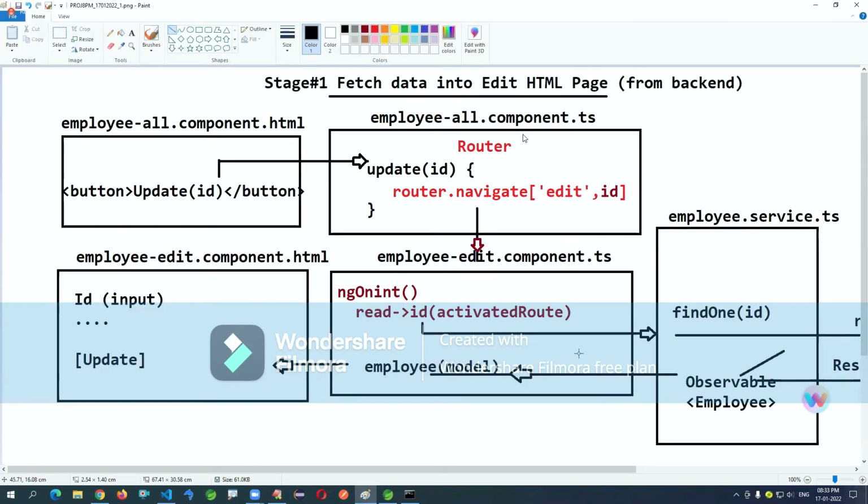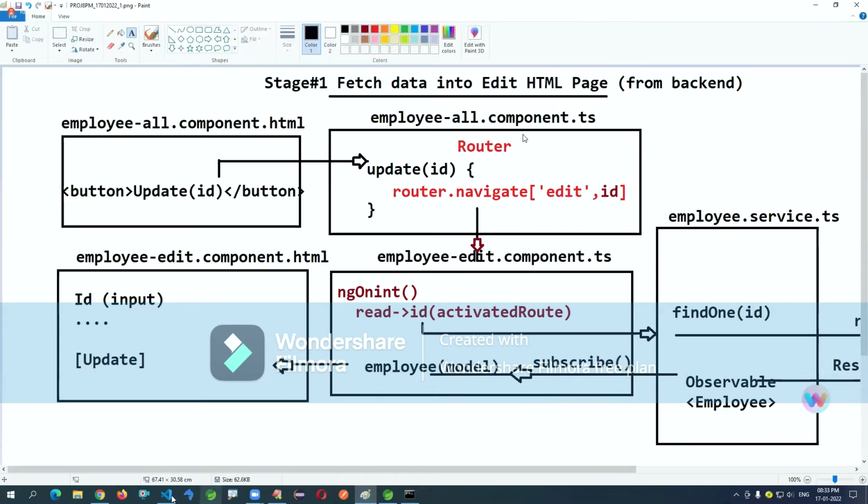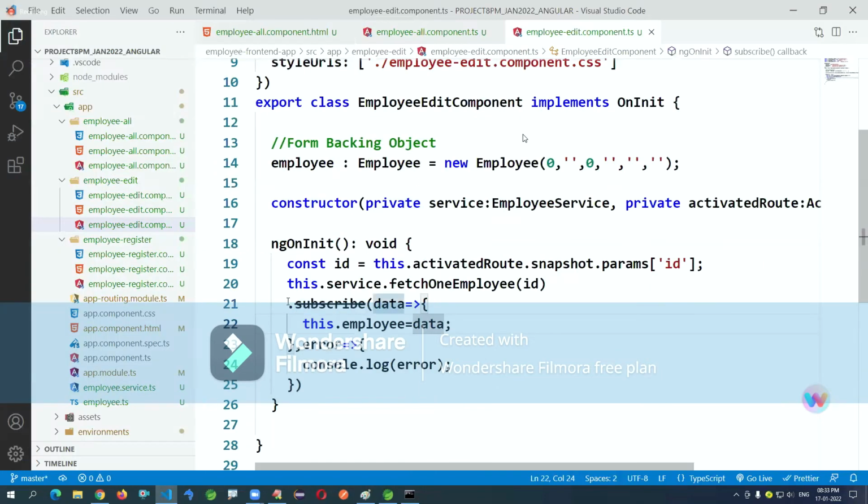Observable will store, and subscribe means reading the data here. This actually supports the PubSub model. So here, the backend sending the data is called publishing. The front end is reading the data and printing it here.